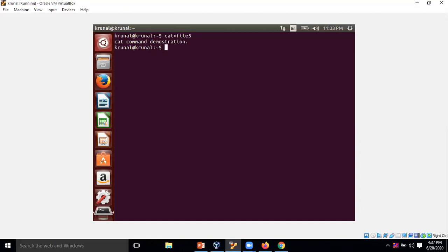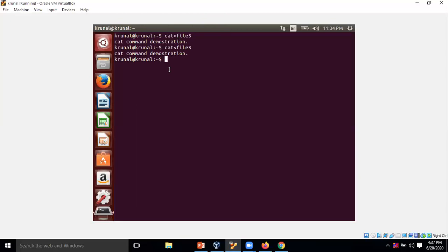Now once it is created successfully, if you want to see the content of this file, there is another operator we have to use, that is the standard input redirectional operator. This is the standard input redirectional operator that you have to use, through which we can see the content of the file. Then you have to use the file name. So in this case we can see the content of the file that we have created earlier.